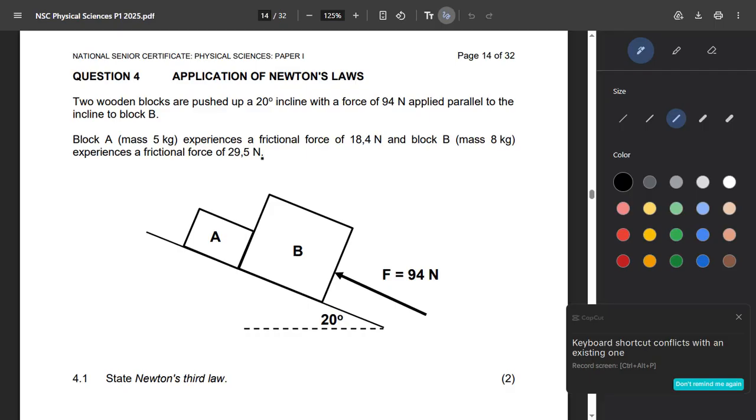If you are struggling to indicate all the forces that are acting on a certain object, there's no way you're going to get your calculations right. I'm not sure if that makes sense. So what I'm trying to say is that to master Newton's law, you need to understand a free body diagram. So we have a statement here that says